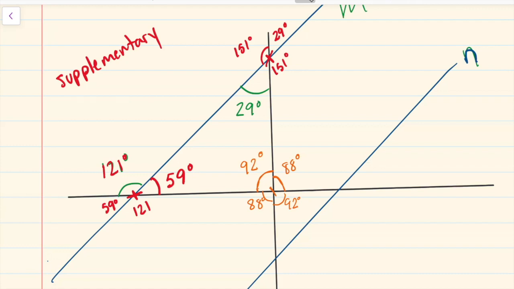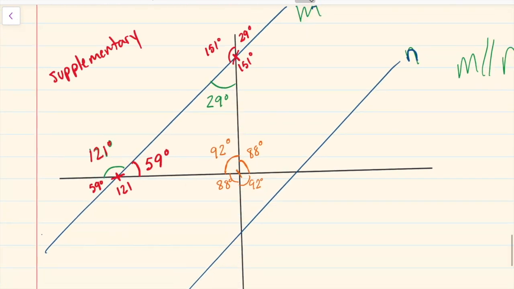Let's keep going. So what else can we do? Let's see. Now here's where it gets tricky. Here's where we got to use the idea of parallel lines, because we got to look at these two lines now and figure something out. Now, I don't know if you remember this. Let's see. We should start actually with something easy. Let's go with the 29. Let's look at this guy over here. If we were to look at this line and compare it with this one right here, I don't know if you remember this property. It's called the